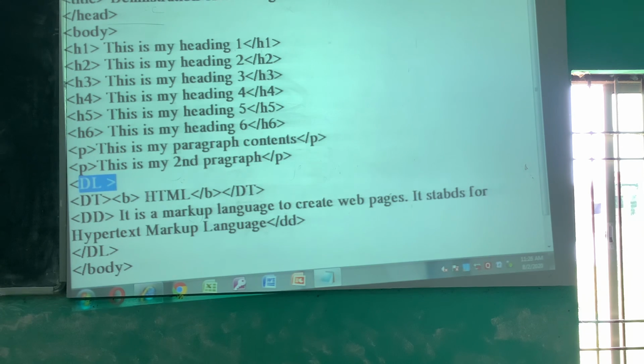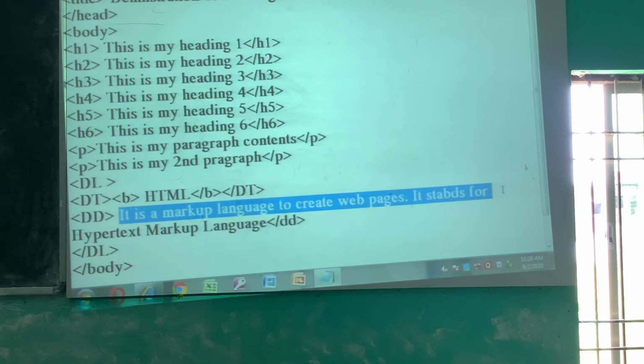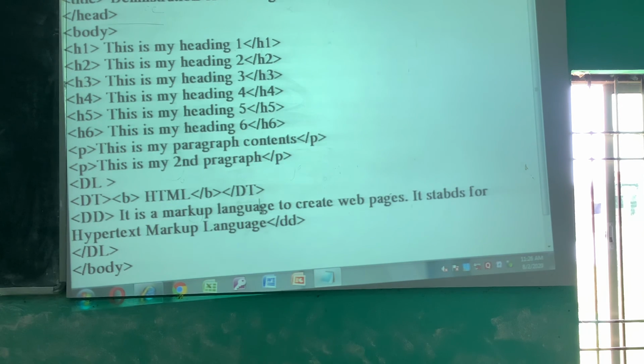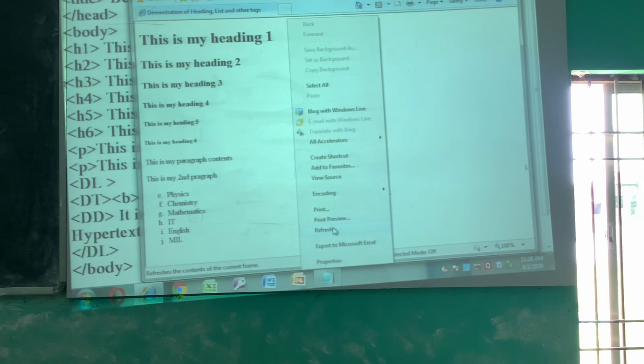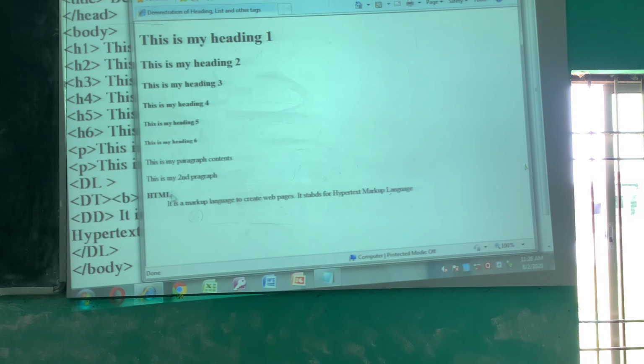Here the term you are using is HTML, and here using the DD tag you are defining the term HTML. That means you want to write something about HTML, like the meanings of different words are described in your dictionary or Wikipedia or your glossary. So just save it and see what happens in the output. See here, this is the HTML.